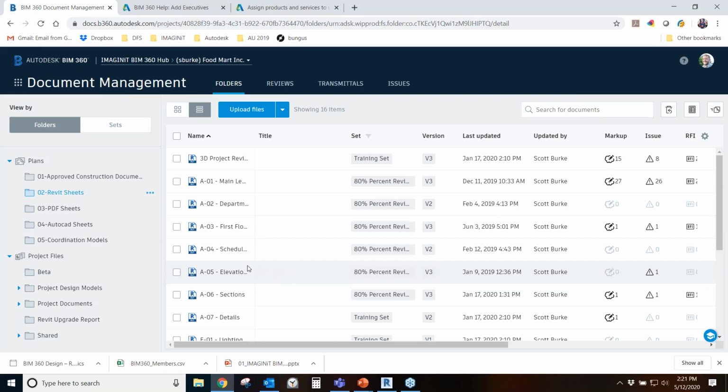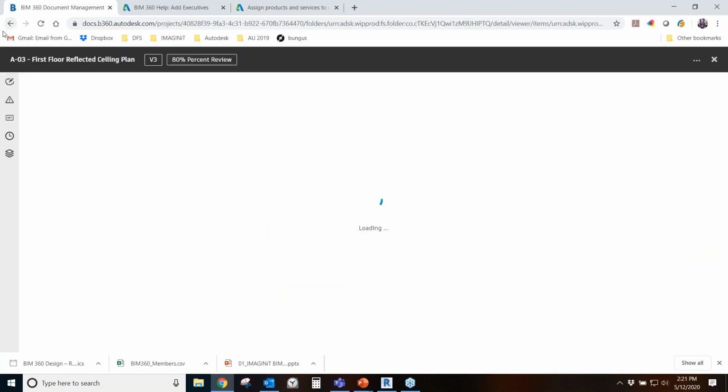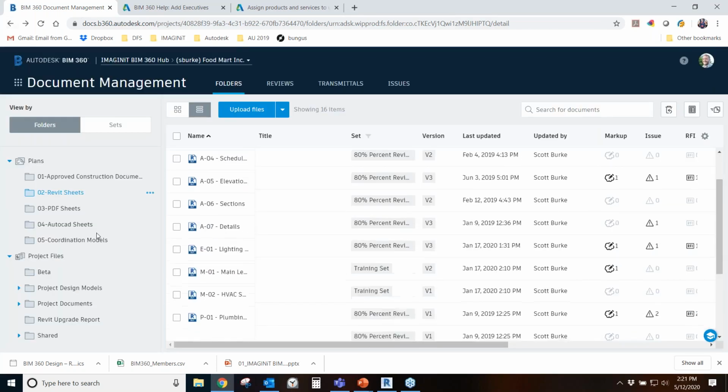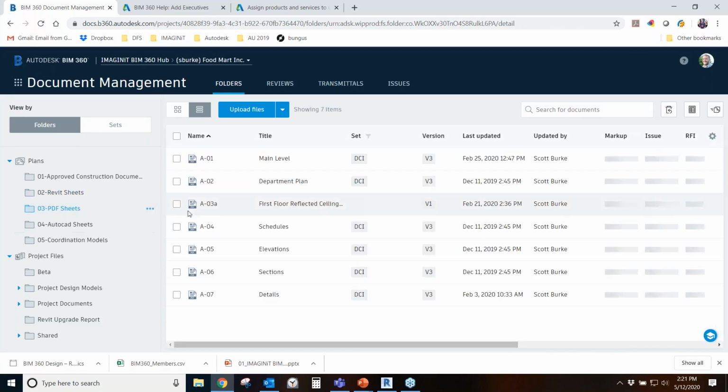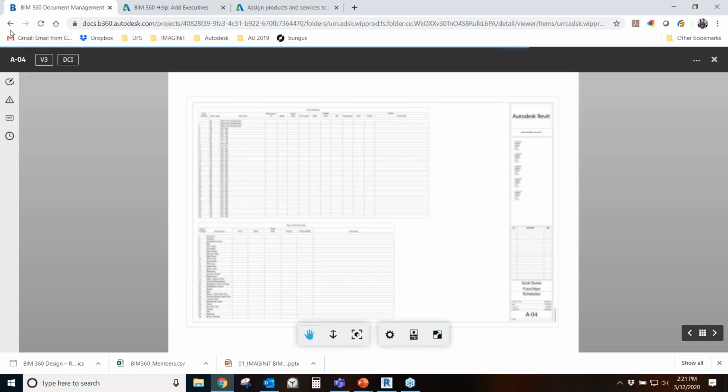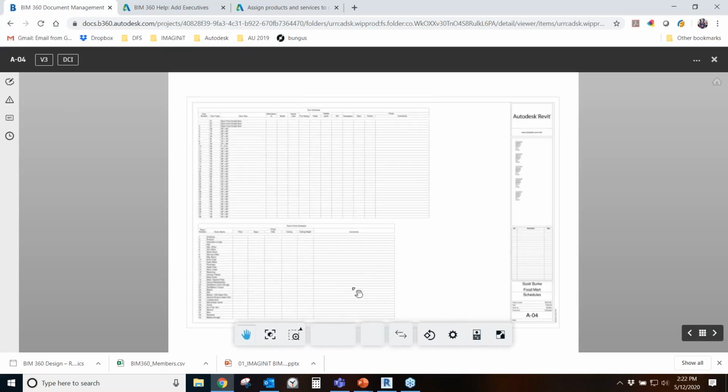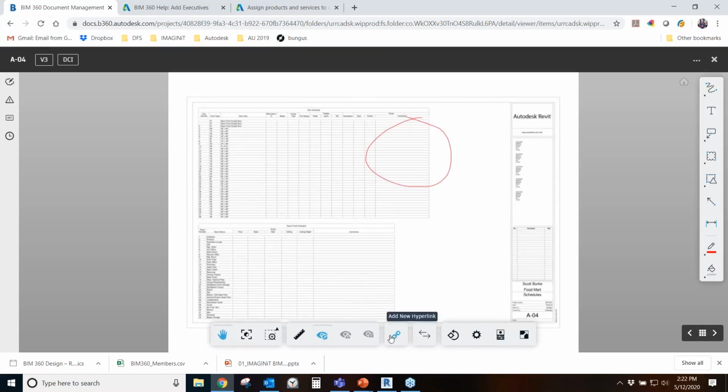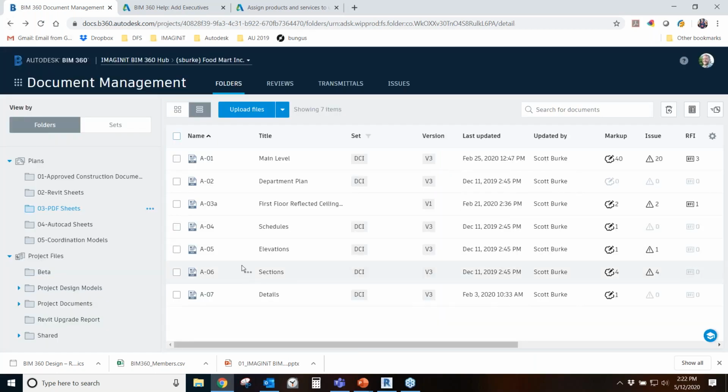oops, back out. I'm trying to do this with a PDF. Let me go into PDF set. I can select the PDF, like the schedule page, and I can compare it. Is the button right in here? I can compare it to an older version in the setup. So everything is kept track of. So you really can't delete things out with BIM 360. Where's that button? I keep clicking on the line item, but